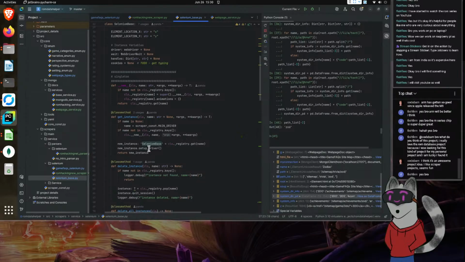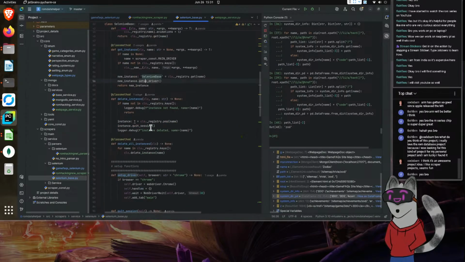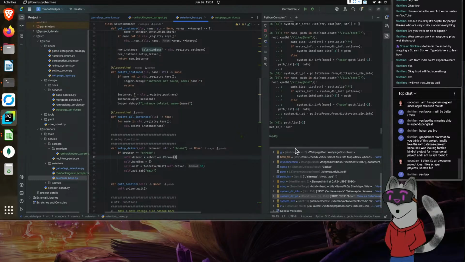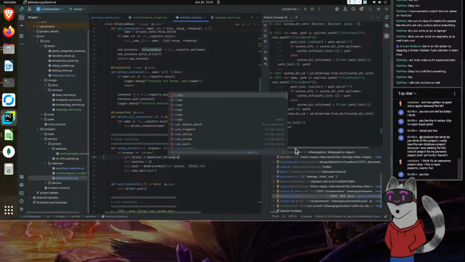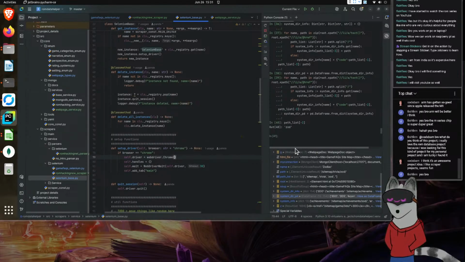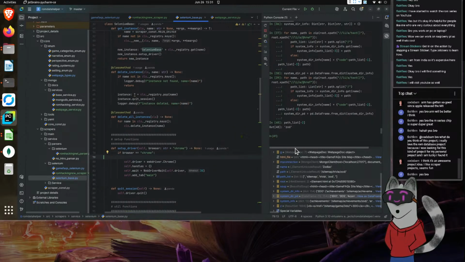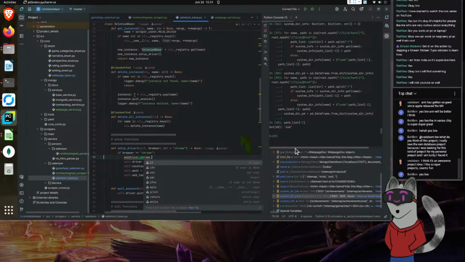So we create driver setup, and then we go to driver setup. Chrome. Okay, user agent. I think, if I recall, it needs to be an options. So was it a WebDriver Chrome options?